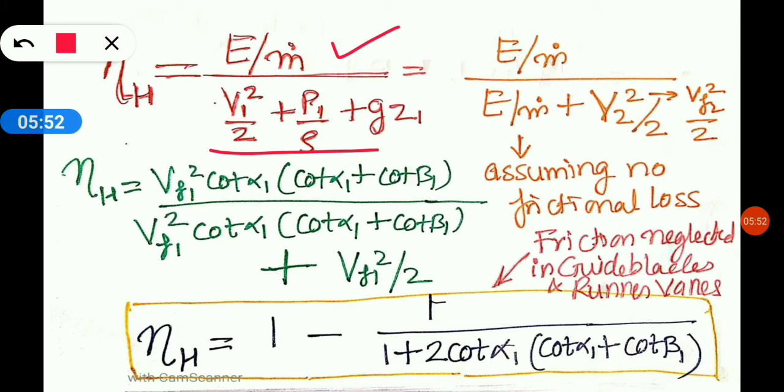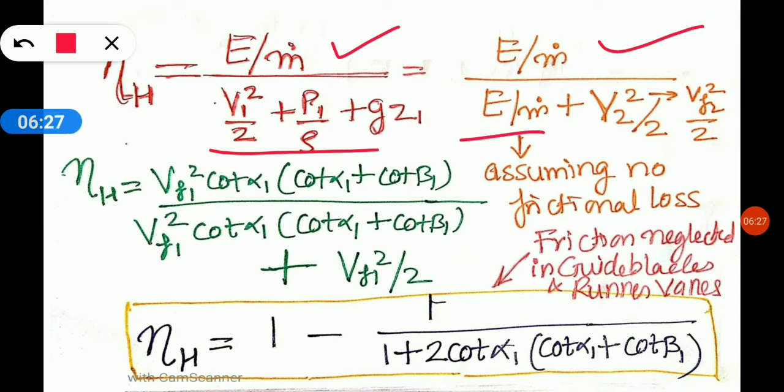Now what is the input energy in case of Francis turbine? In case of Pelton wheel, it was V1 square by 2g. The whole pressure energy was converted into kinetic energy in the nozzle, but here it is V1 square by 2 plus P1 by rho plus gZ1. It has got all the three kinds of energies, that is potential energy, pressure energy, and kinetic energy, because it is a Francis turbine. Here the jet is not coming freely, it is not coming out in atmosphere, the whole system is airtight. Fine. So the same thing can be written like this, E by m dot divided by